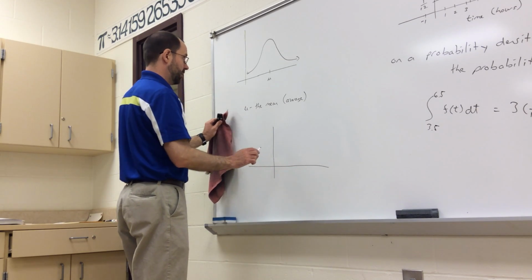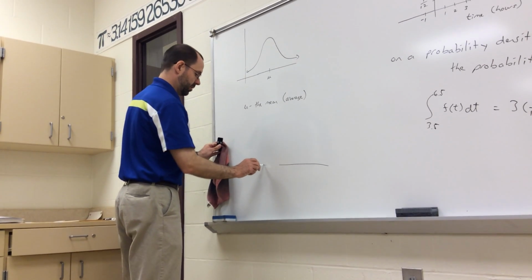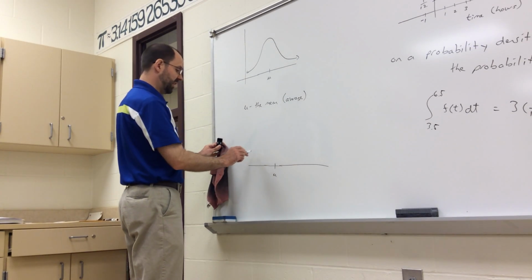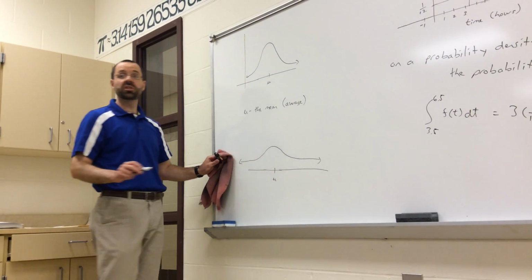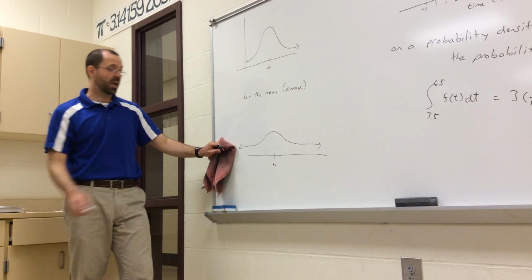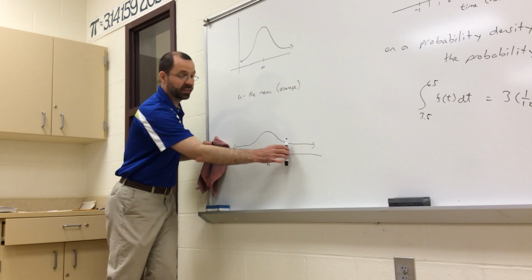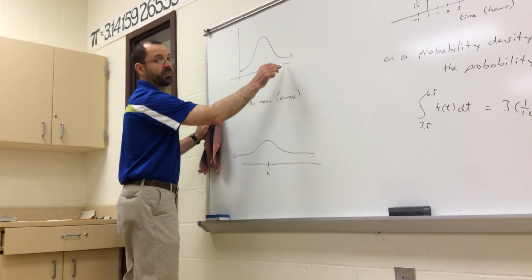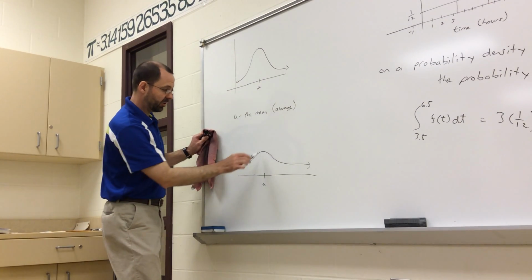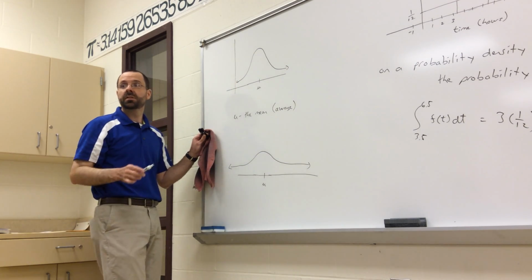It could look like this instead. It could be less high in the middle and higher towards the ends. This is still a bell curve. It's still got equal area above mu and below mu, and it's still more area here than here. The discrepancy isn't as great, right? Here, there's very little area far away and a lot of area near. Here, there's less area near and more far away than compared to this.